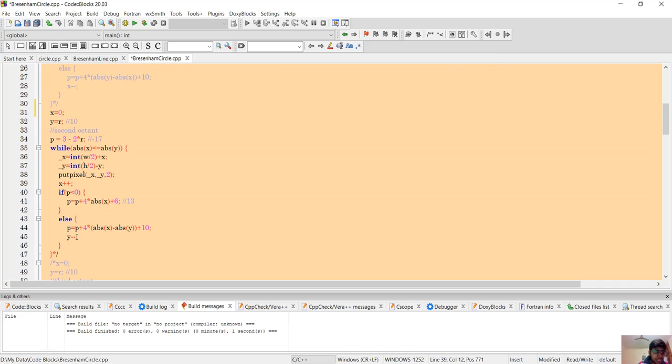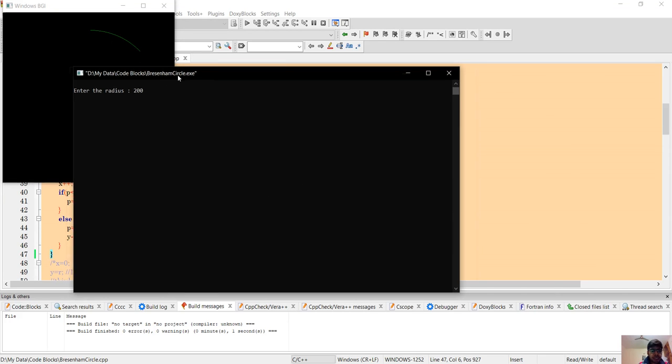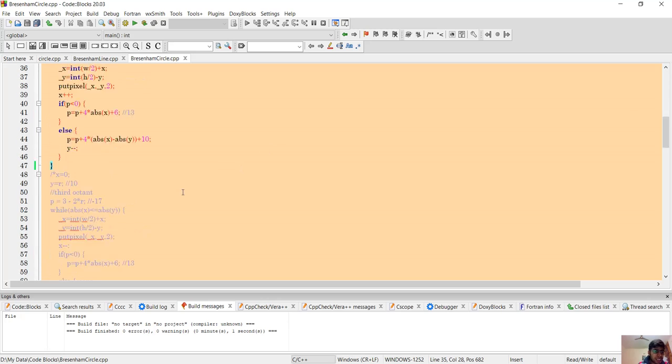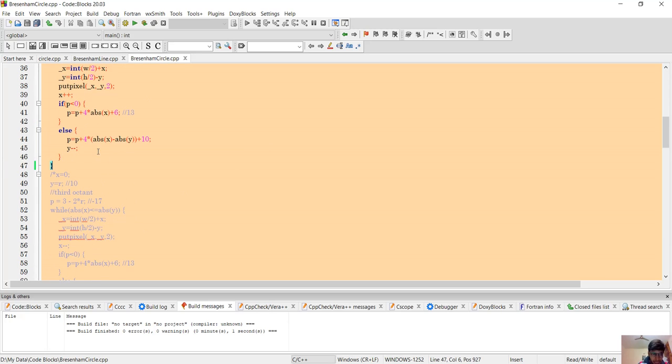X is positive and y should be negative because we are going down. Let's run this again, and the radius is again 200, and see, this is working in the second octant. Similarly, this code will run in each and every octant.